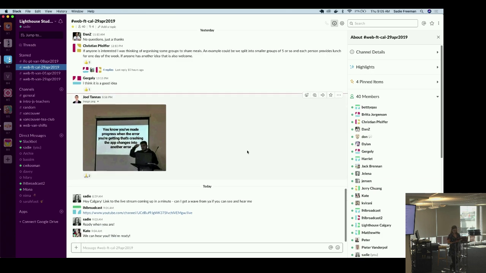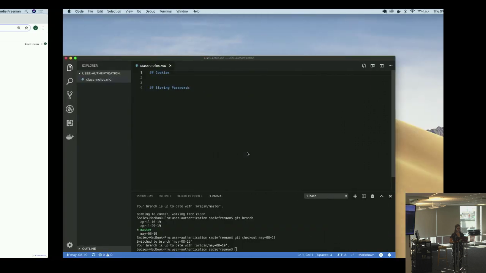So, today we're talking about user authentication. You'll have started on this a little bit yesterday, getting cookies into your app. We're going to talk a little bit about cookies, and then a little bit about encryption and hashing. And the first thing that I want to talk about is